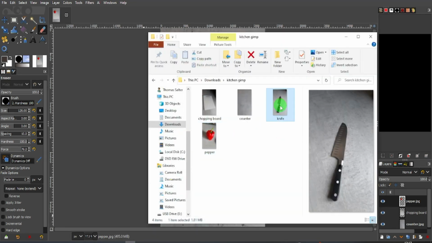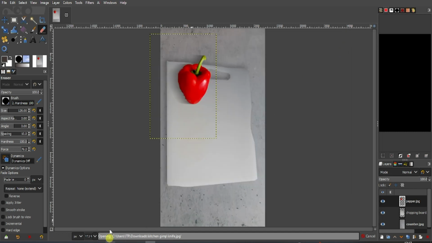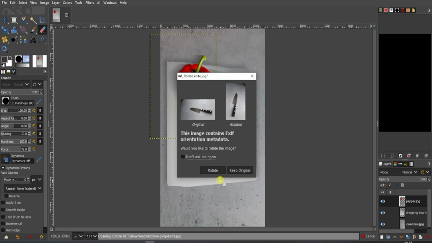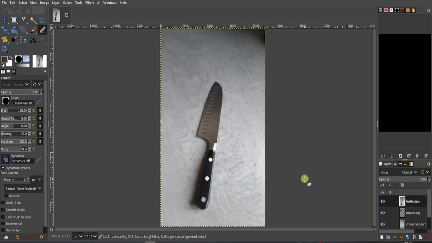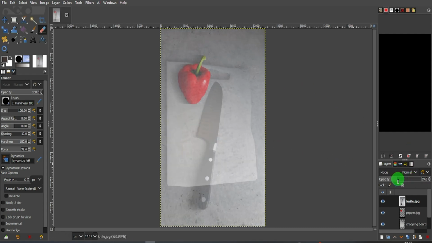So let's go and add the knife. It's just loading up right now, and when that's loaded up, I'm going to show you using the quick mask tool. Okay, yes, we want to rotate that knife. Yet again, let's turn the opacity down a bit, and Shift and S